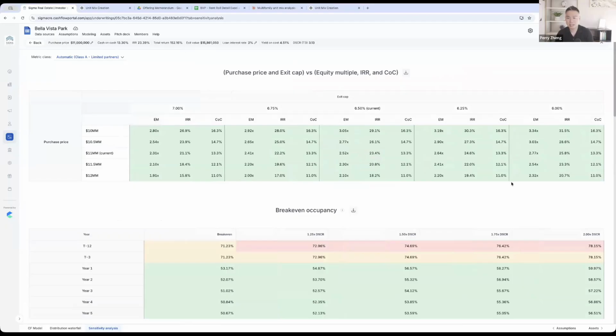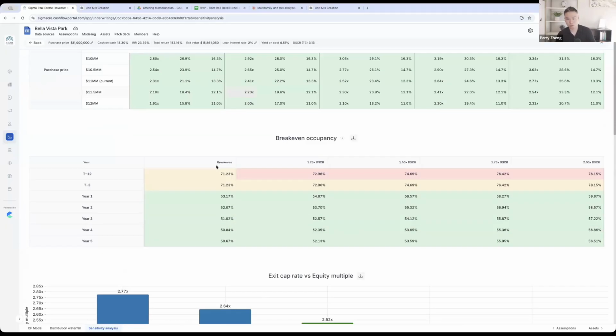There's nothing AI about this chart. Whereas you can ask Claude to generate a sensitivity analysis for you, but it will give you a bunch of numbers, and you're just like, is this number correct or not? Because you have no idea if it did the math or not. Here it actually runs through a waterfall.